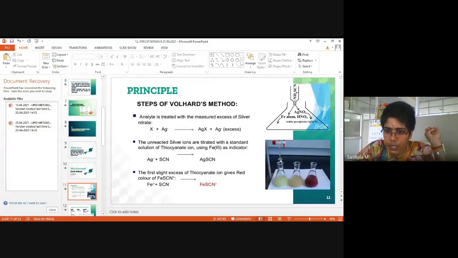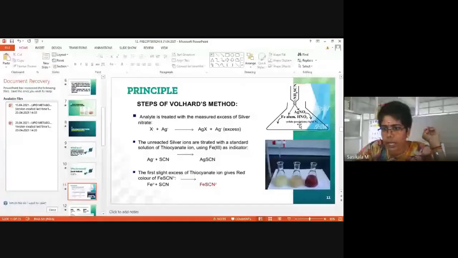And then from the burette we add ammonium thiocyanate. Then it forms silver thiocyanate, in acidic media. Nitric acid is added to maintain acidic media. Since silver nitrate also has nitrate ion, we add nitric acid compared with other acids. We cannot add hydrochloric or sulfuric acid, as it will interfere with the precipitation process. So nitric acid only is added to maintain the acidic medium. The 1 molar nitric acid is what we will be discussing now.